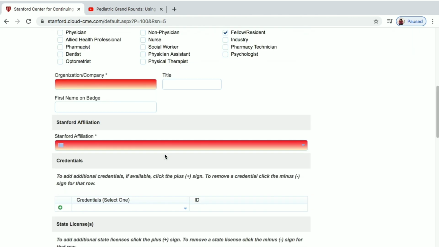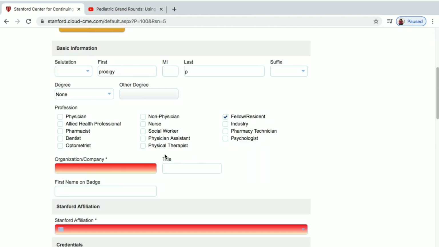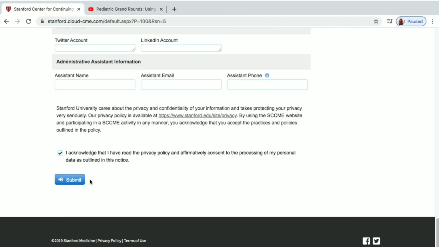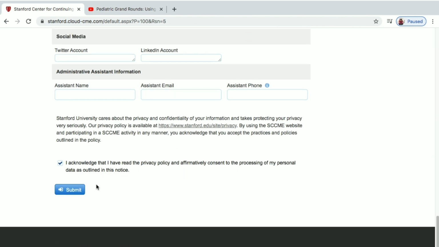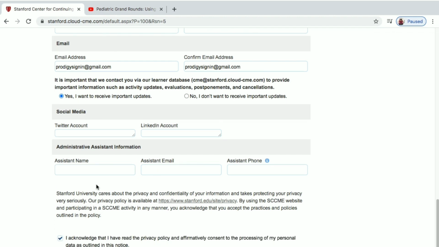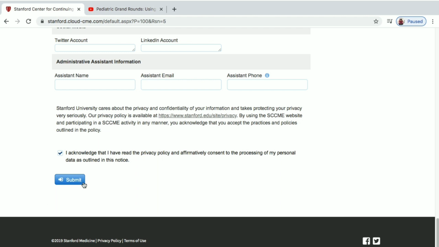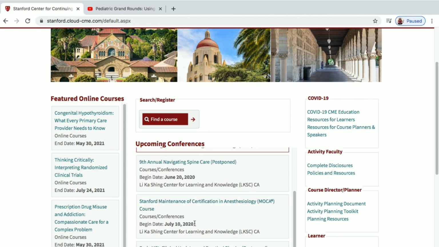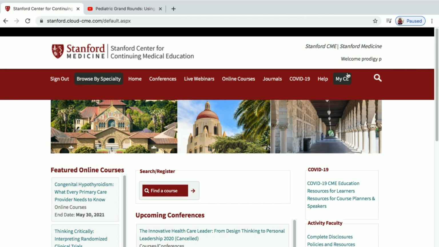If you want, you can also give your social media profile, like LinkedIn. Once you have given all the details and verified them, click on submit. You will see "please wait" while it loads, and you will be redirected again to the home profile.